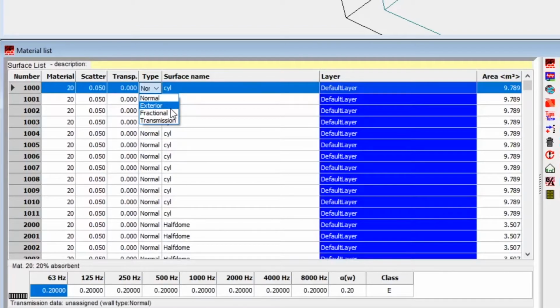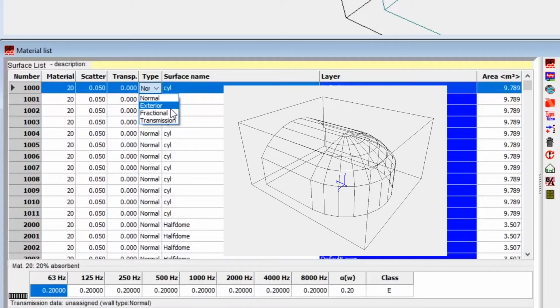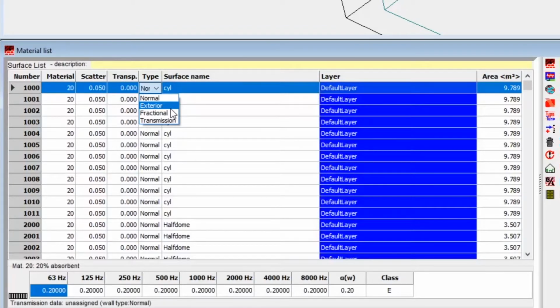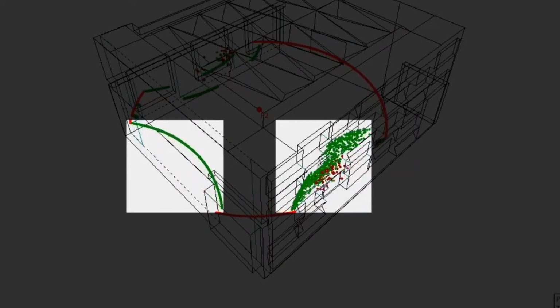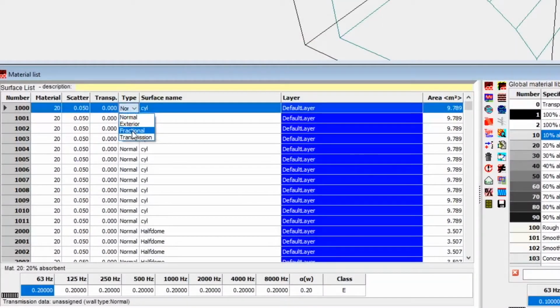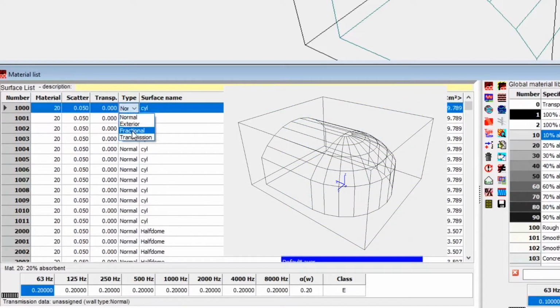If we have a surface that is split into several small surfaces, usually the case for curved surfaces, then we would have to set it as fractional. The smaller a surface is, the more scattering Odeon will produce automatically. This is physically accurate for surfaces that are actually small, but it can produce too much scattering for a single surface that is split into smaller surfaces in the model. The fractional setting makes sure that the ensemble of surfaces is treated as one curved surface instead of separate surfaces. This produces less scattering, which is more realistic in this specific case. In this model, we have a dome, so we will need to use the fractional option to get accurate results.